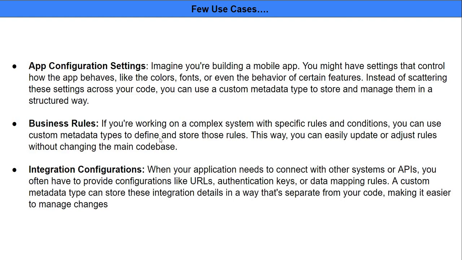So these are some use cases where we can use custom metadata type. Like if I want to keep my app configuration settings outside, like the theme, colors, etc. Sometimes we want to have business rules that keep changing. So you can manage such business rules in custom metadata type. All such things you can do. Now,